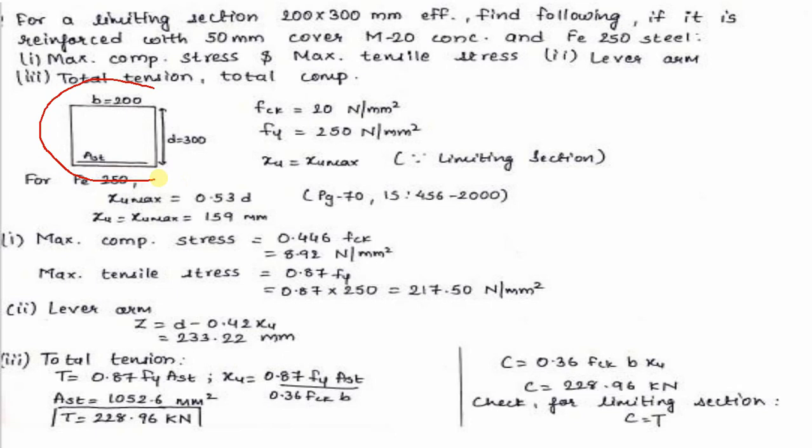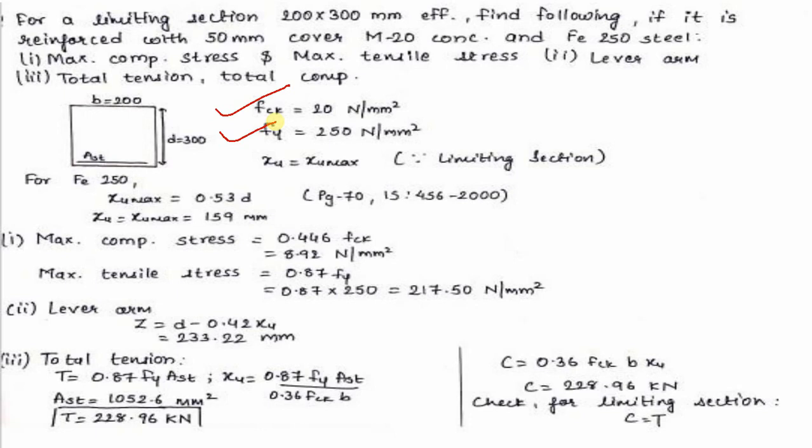So the section here being rectangular, we will draw a rectangular section of dimensions 200 cross 300 mm. That means width of beam is 200, depth of beam is 300, but the depth will be effective depth, that means small d. So small d will be 300 mm. And the other data that are given is FCK, that is grade of concrete, 20 Newton per mm square, and Fy, that is grade of steel, 250 Newton per mm square.